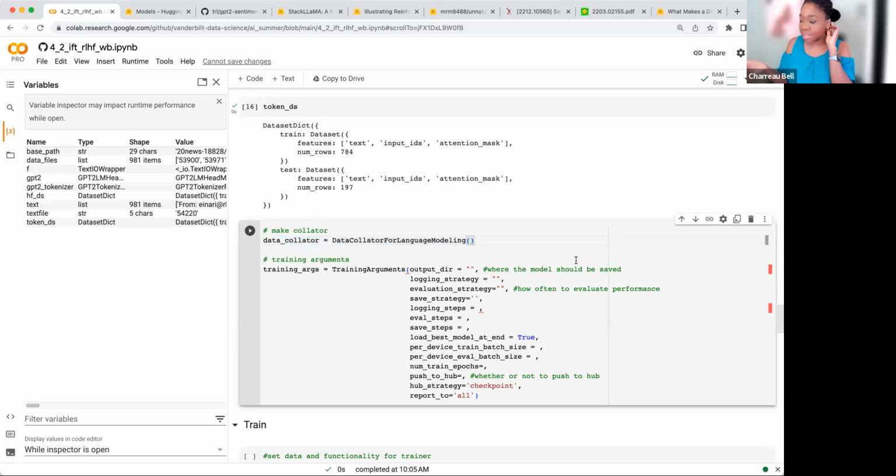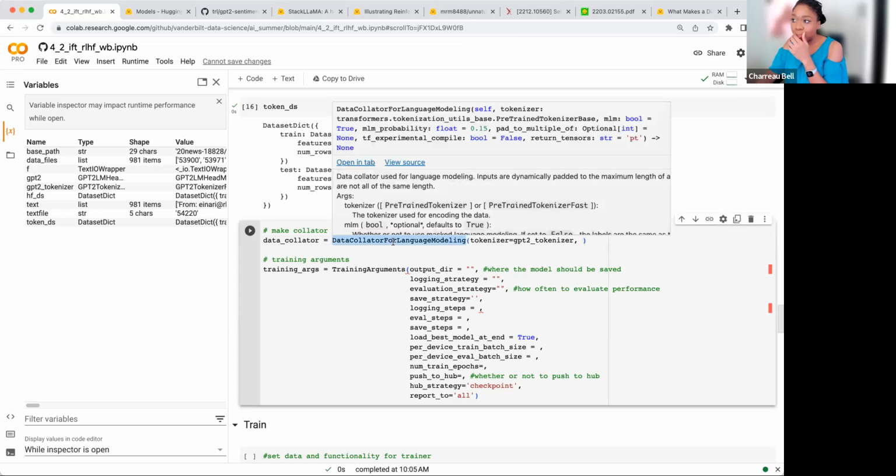What we need to pass into this data collator is our tokenizer. We're going to use the thing that we just loaded, which is our GPT-2 tokenizer. We can also look at the API for this. Something important is that this is a data collator for language modeling.